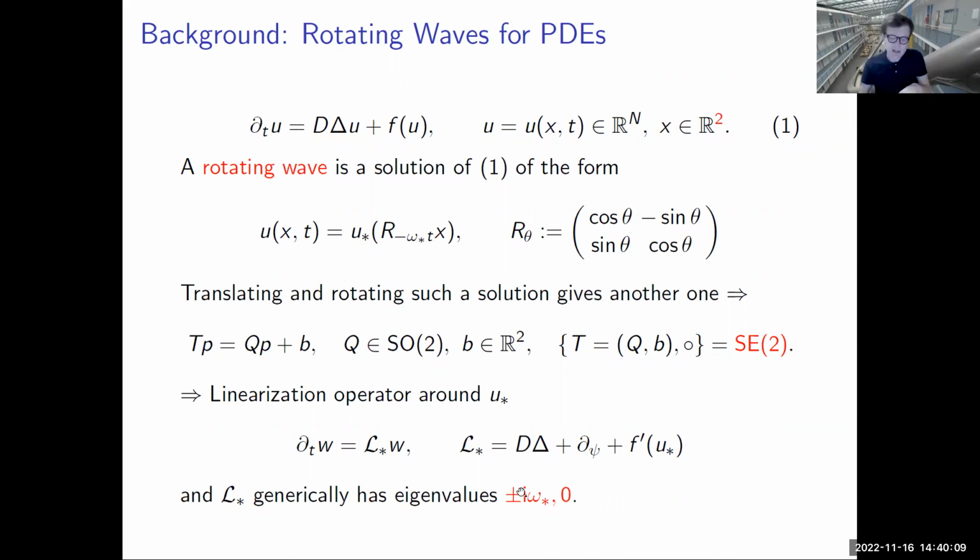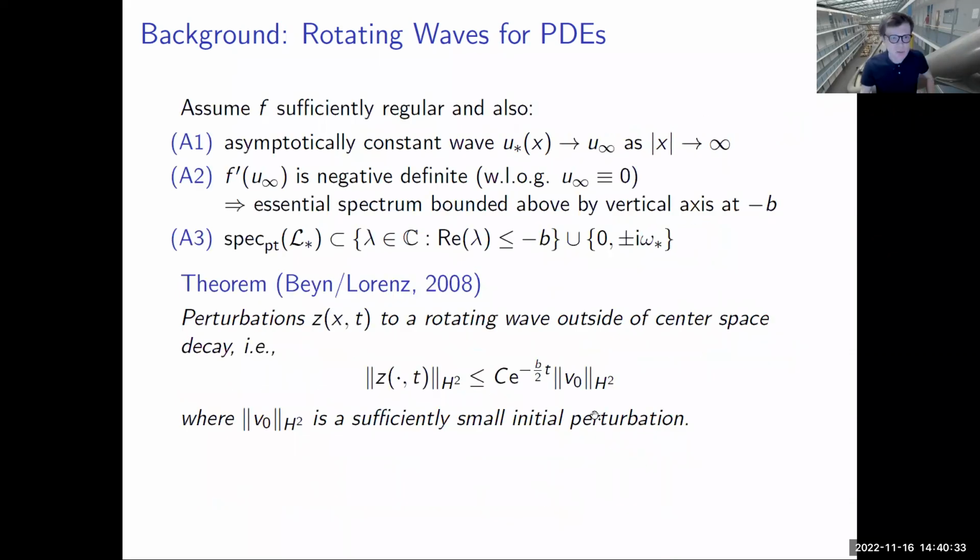And this means that now the linearization problem is much more difficult already in the deterministic setting. And we anticipate that in a stochastic setting that makes our life harder because there's now a higher dimensional subspace, a 3-dimensional subspace, where we have to figure out how the noise is acting along the directions that have neither decay nor growth. So it makes it harder. So there's a bit of background for rotating waves for PDEs that I will use.